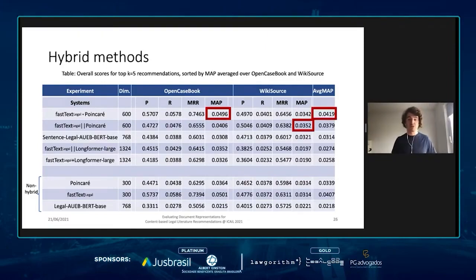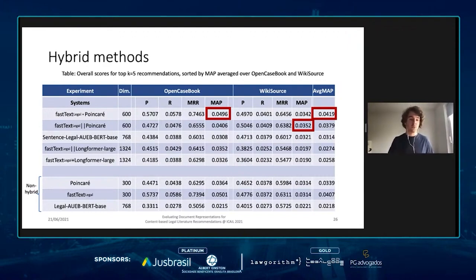The best methods in this category are also the best methods overall, and that is the score summation of FastText Legal and Poincaré. And again, we also see a difference between the performance on Open Casebooks and Wikisource.